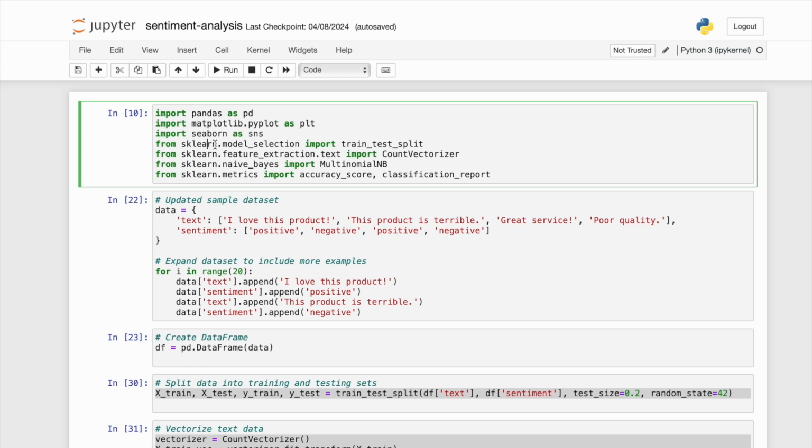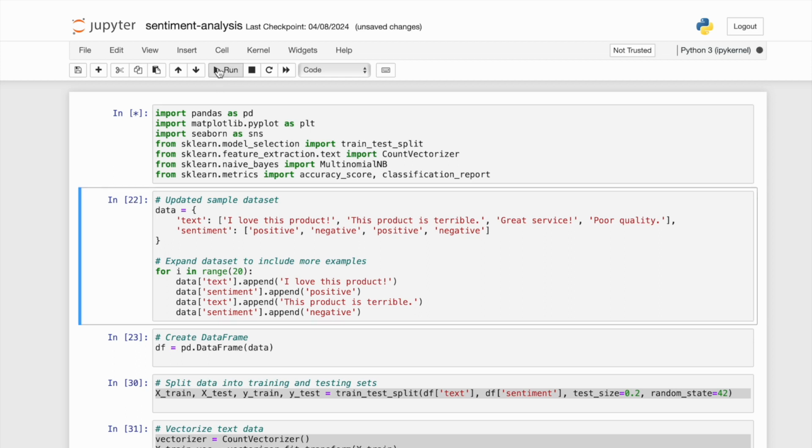Matplotlib is to plot your graph or chart or plot, whatever you want to display as a graph. Then you will use Matplotlib, and Seaborn is also a plotting library. So you import these libraries, and in the next cell we have this sample data set, a very small data set